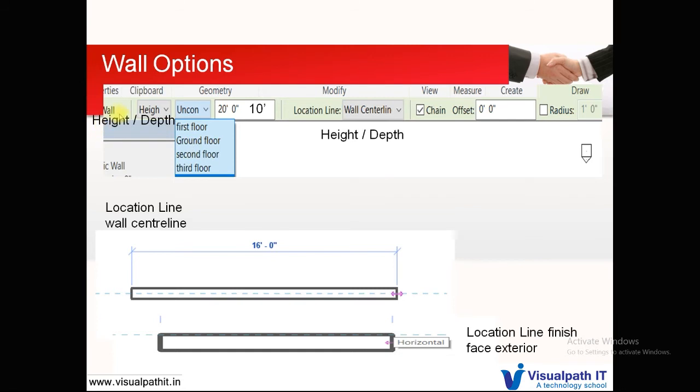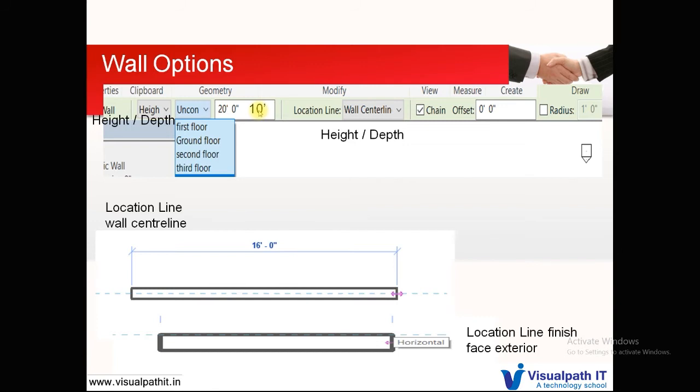So we need to define the height first. You need to define the value as 10 foot, and you need to set the floor. So from which floor you are going to model, which is your base floor, and up to which floor you are going to go. You can go up to the third floor also, but normally walls are created floor by floor, so we say the top of our wall lands on the first floor. So we'll say first floor, and the height is 10 foot. You need to define here 10 foot.